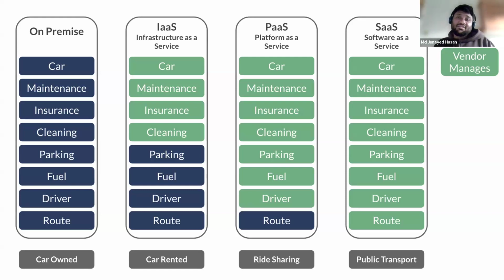And then SaaS, software as a service. You don't do anything at all. You just give some money to use that thing. The best example of this is public transport. You go to the subway, you go to the bus, and done, right? You are reaching your destination, but you are not paying for anything else. Just as you reach the destination, you give some fee. So that is kind of software as a service, okay? This is an analogy of car and on-premise.